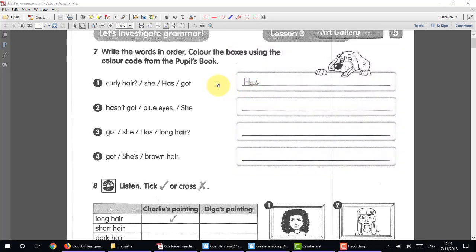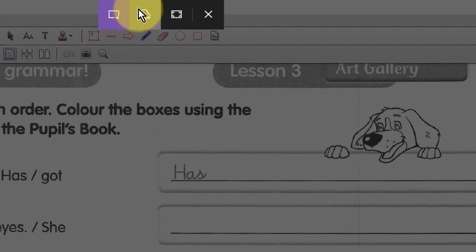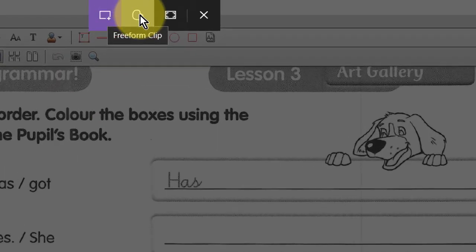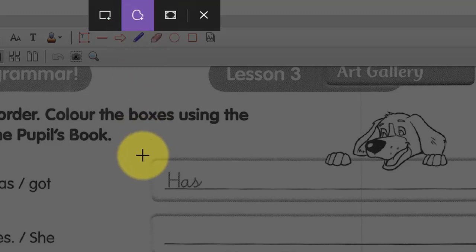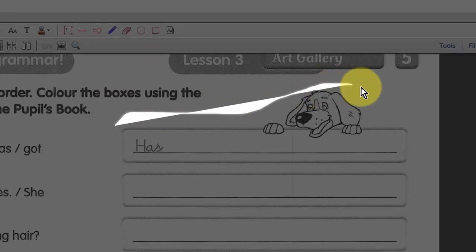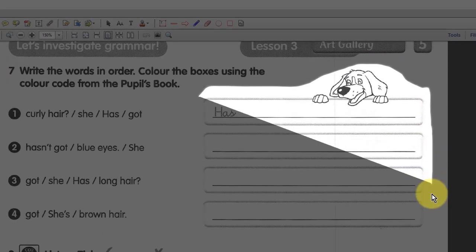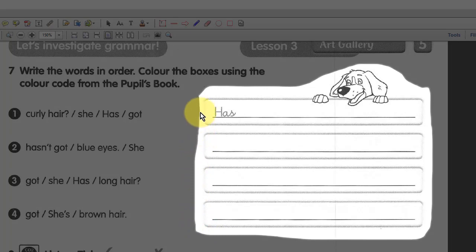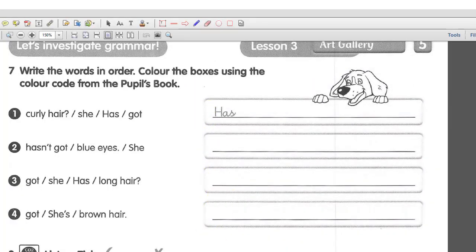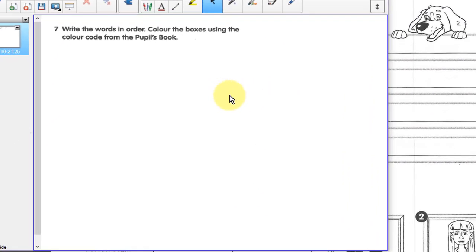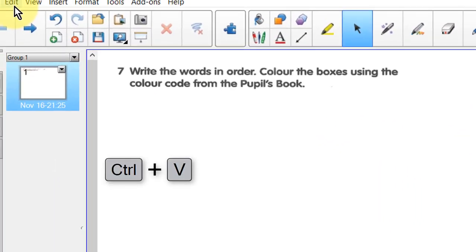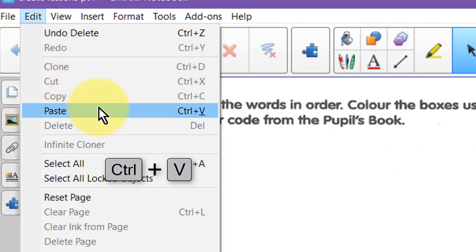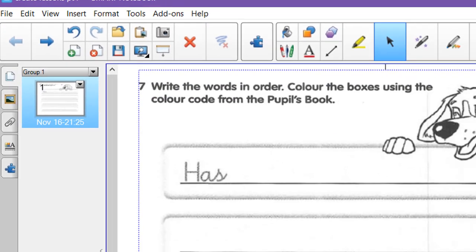But with the new edition of Windows, October 2018, if you press Windows Shift S, you have this option of free form clip, and I can just simply include the dog and move my mouse until I get here, come back here, and I can Control V, or I can just put Edit Paste, and there I have the dog